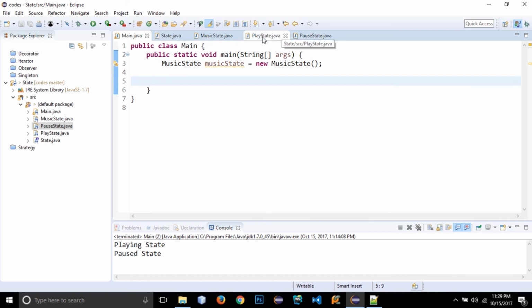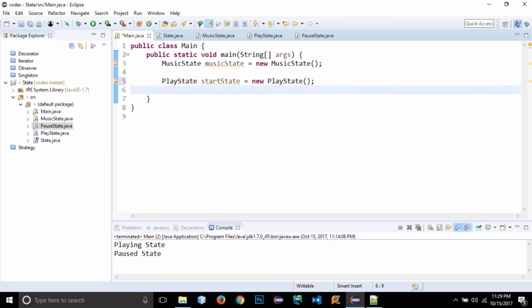All right, so we have created its new instance, and now let's create an instance of our, let's say first we want to create a play state class. So play state, and let's name it start state and play state, and we have this music state object, and we have this start state object, okay. So we can call it a play state. So let's say we change its name to play state,